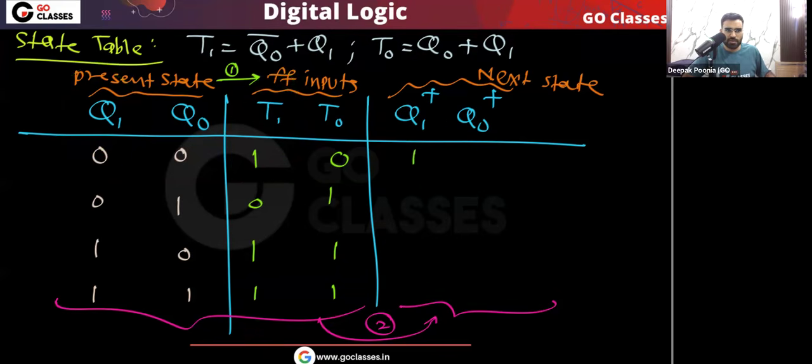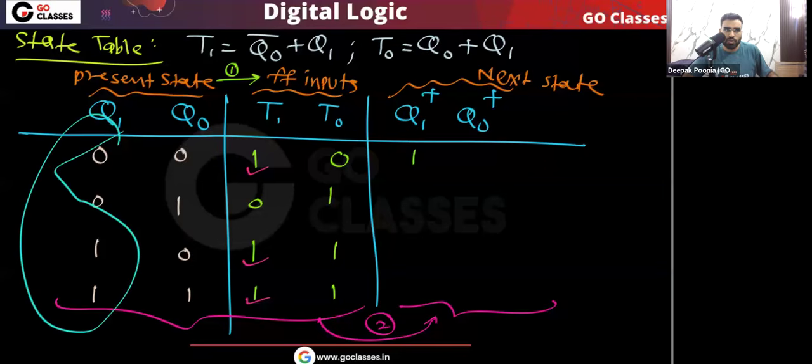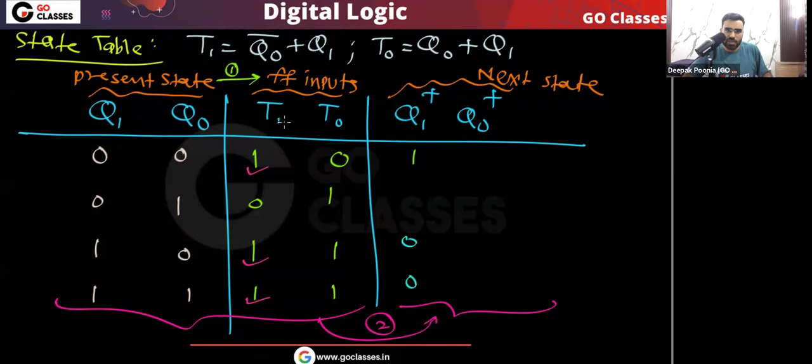Okay, yes or no? Now notice one thing: wherever T1 equals 1, here T1 equals 1, here T1 equals 1, you can see that the next state, Q1 next, will be the complement of Q1. And you can see when T1 equals 0,